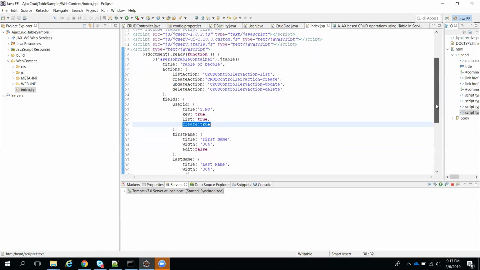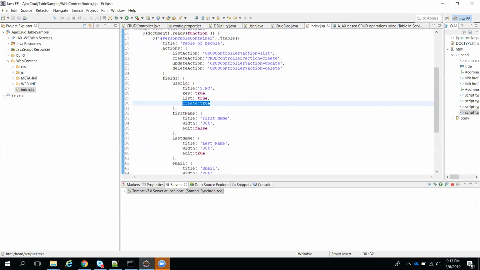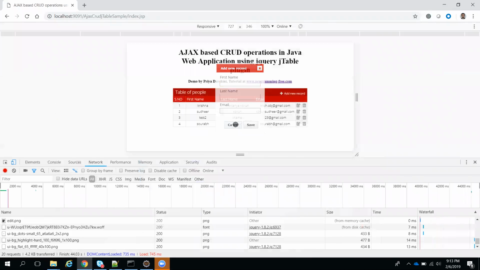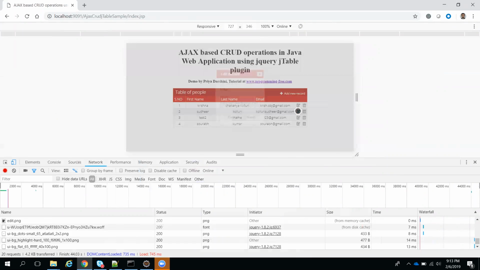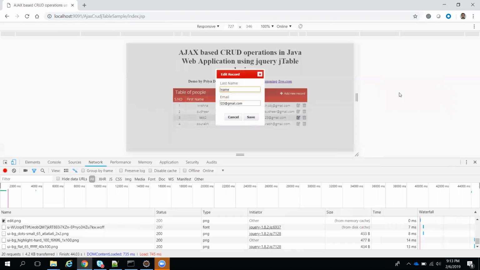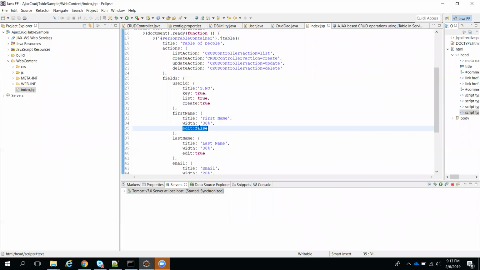After that, suppose you don't want to show it in the list, we can make that false. And one more, edit equal to false means when you're editing, do you want to show first name or not. Suppose I want to make, for example, edit. When I click on edit, I will cancel this. Now when I click on edit, I want to show which columns. For example, now it is showing only last name, and after that, sorry, when I click edit, see only 2 columns are showing, last name and email. Why? Because we are giving first name edit equal to false. That's why in edit we are not showing first name.